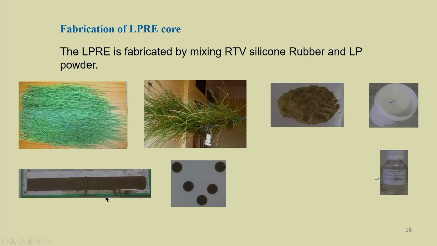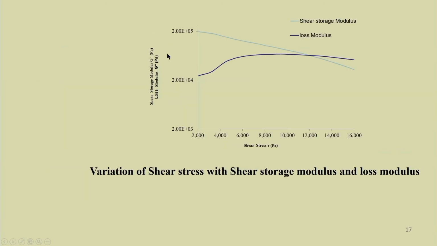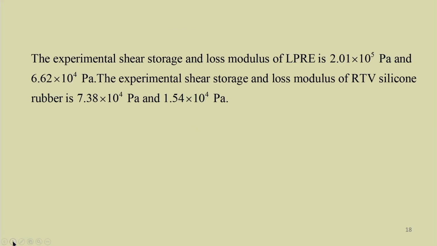So, after curing, this sandwich core has been formed. These are the samples taken for the microstructure analysis and also for getting the material properties of this Leptadenia pyrotechnica based sandwich core material. The loss factor, shear storage modulus and loss modulus have been found out using this instrument. It can be plotted with different shear stress,